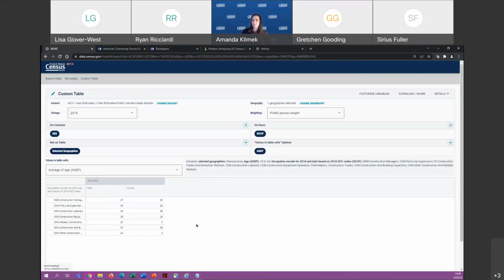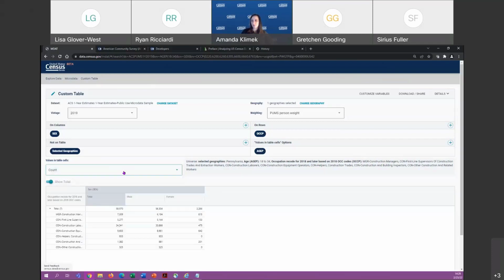When we're looking at such a tight age group of 18 to 34, I'm not sure that really tells us what we're going for. We're really more interested in how many people fit into those groups. So we can click on this and select count instead, which I think is a little more useful for our analysis today.